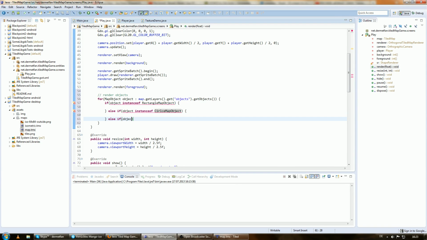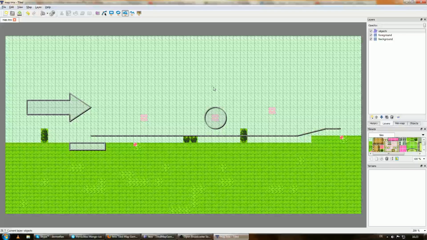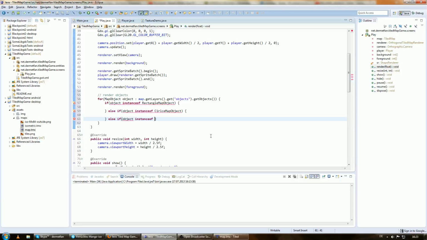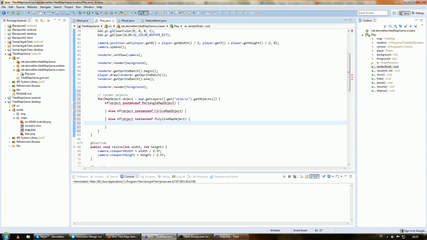Else if the object is an instance of the polyline here, PolylineMapObject, we also want to do some stuff, and else if the object is an instance of